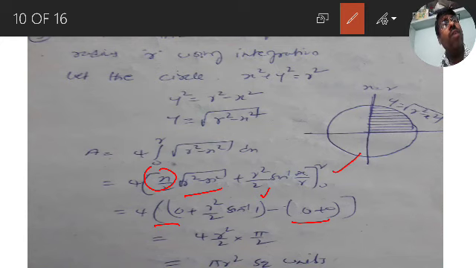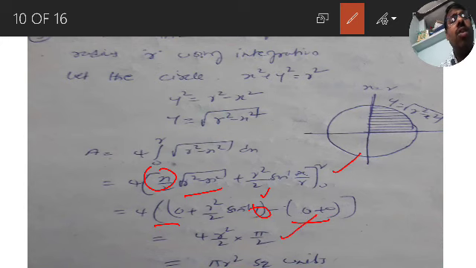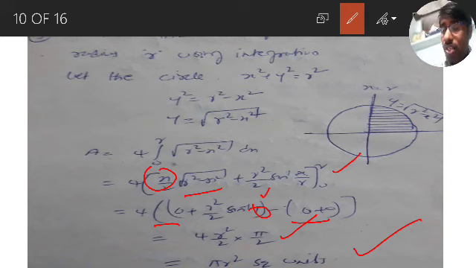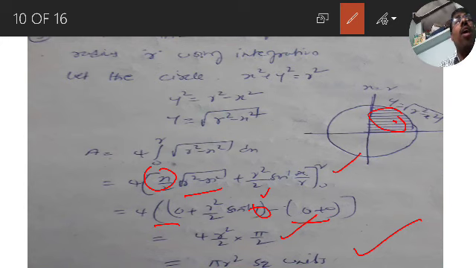When you get the value 1 in sine, that is sin 90 is equal to 1. So in place of 1 put sin 90. Sin and sin cancel, you will get 90. 4 and 4 cancel, you will get pi r square units. Therefore, the area of a circle is pi r square units. So, applying the formula, you will get only the quarter circle area. By multiplying by 4, you will get the total circle area.